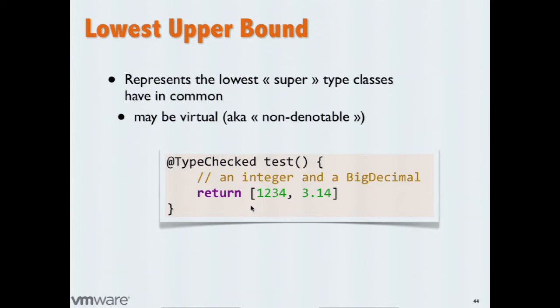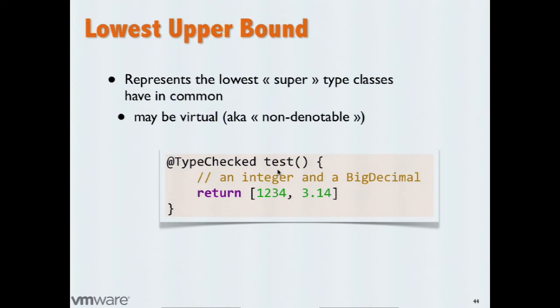When you have something like this, my method returns a list which contains an integer and 3.14, which in Groovy by default is a big decimal. So what's the common type? What would be the inferred type of that expression? What is the inferred type of the return value of that method? List of, so I hear objects,